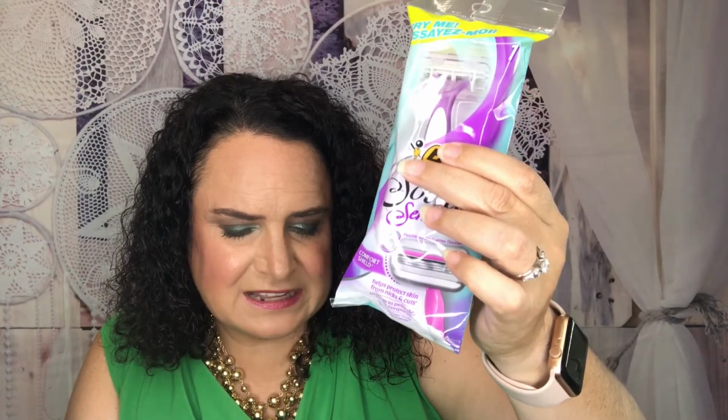By Bic is the Soleil Sensitive 3-blade women's disposable razor. So for 3 of these, it is $5.38. Achieve soft, smooth skin with the Bic Soleil Sensitive Women's Disposable Razor, ideal for sensitive skin. This razor features 3 flexible blades that individually adjust to the curves and a unique comfort shield head that distributes